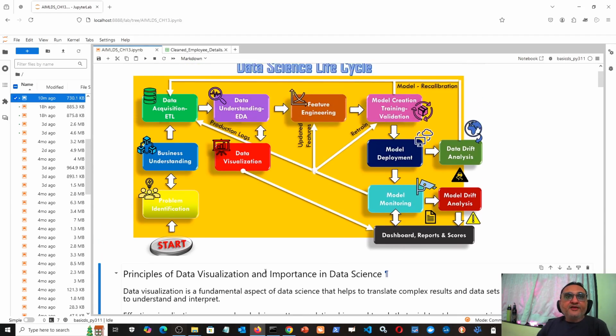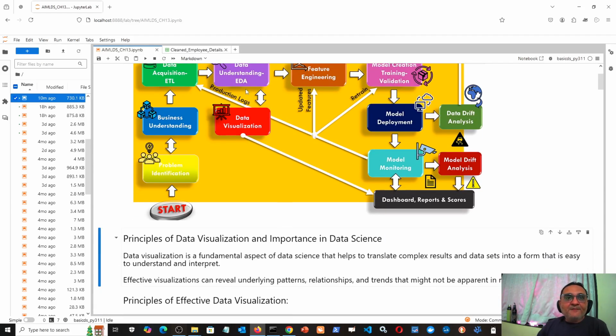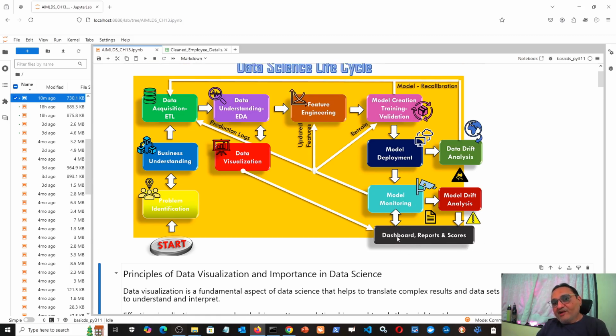So we will again take some examples, but you can see that after EDA or during EDA, whatever plots we obtain for univariate and bivariate analysis, they themselves are useful for data visualization, and they go here in the last stage of your data science life cycle when you are finally preparing the dashboard, report, and scores for your client